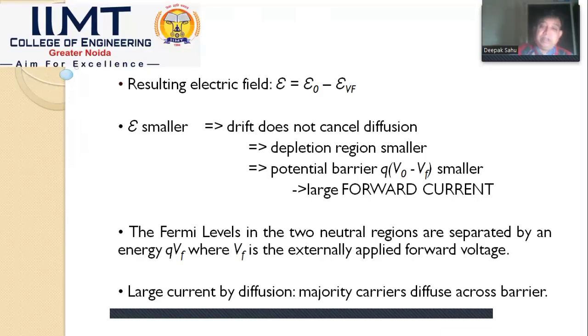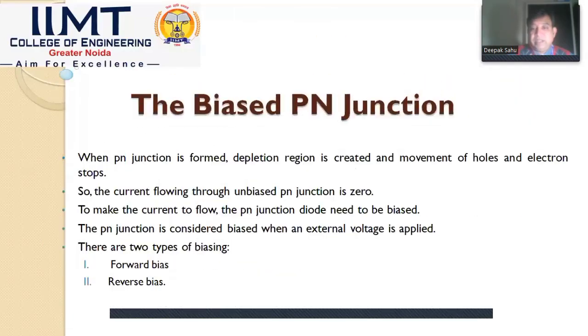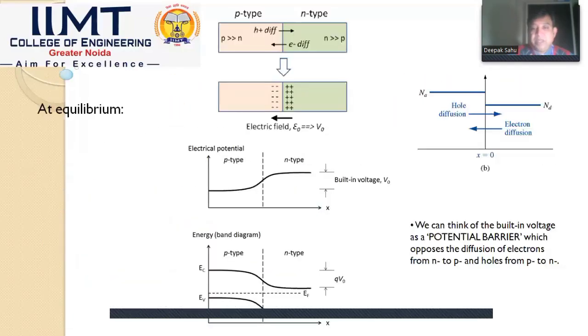Now the extrinsic Fermi levels are shown for both sides as EFN and EFP. In the earlier diagrams, as we can clearly see, EF is midway, and here it is closer to the N side, and here it is closer to the